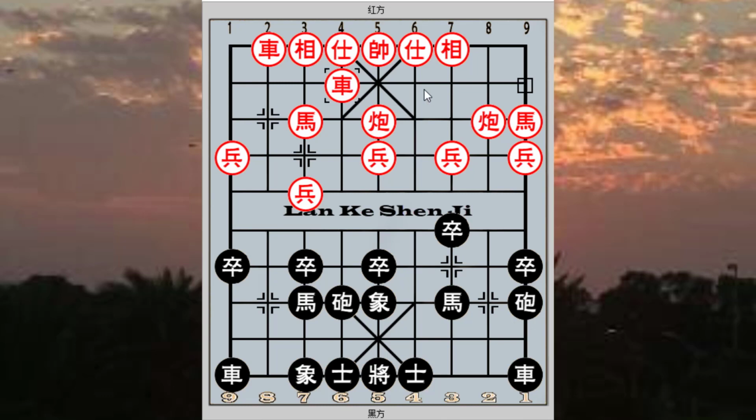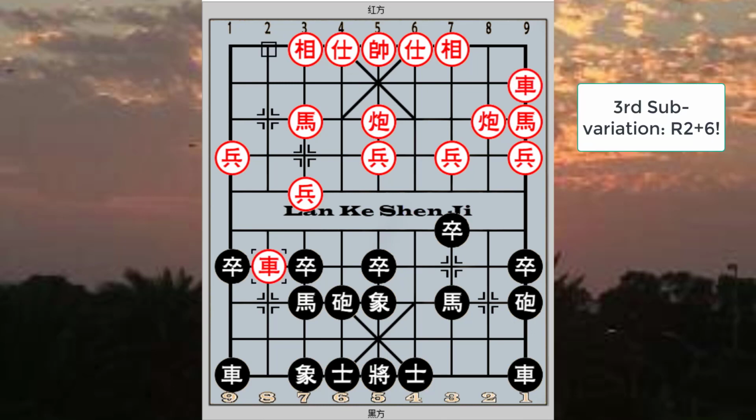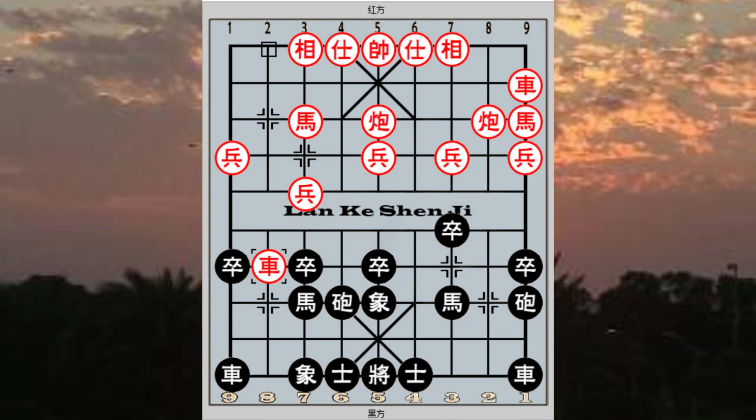So if R9=6 or R9=4 was not feasible, the Grandmaster then introduced R2+6 as a means of development for the foul chariot. By attacking with this chariot, red's rank chariot will be able to adopt a wait and see approach and move more strategically according to how black played his game. After R2+6, black would usually continue with R1=2,